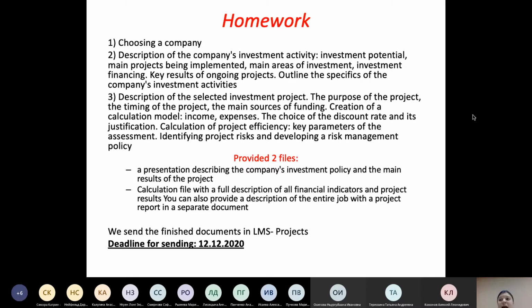As for the deadline for your homework, it is the second part of December, and by the end of the 12th of December you have to put your documents in the special place in the special portfolio projects. And it will be the mark on your homework. And I think in the beginning of December we'll have the quiz on our investment analysis.